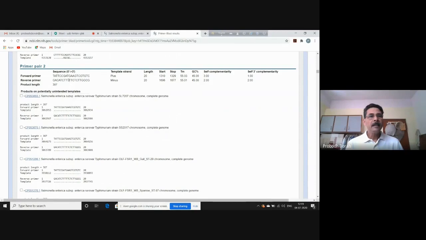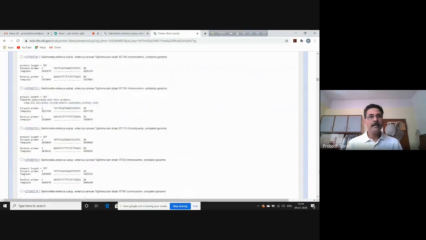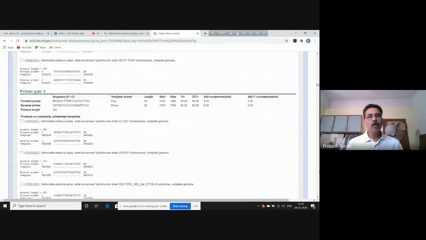But again, the reverse primer is having 4 G or C at the 3' end, and there are 5 T's. Again, this is not a good primer. Not ideal. I'm not saying that it cannot be used, but it does not have all the ideal properties intact. Okay, let us go to the third. If we do not find any good primer pair, then we will consider number 1, no problem.